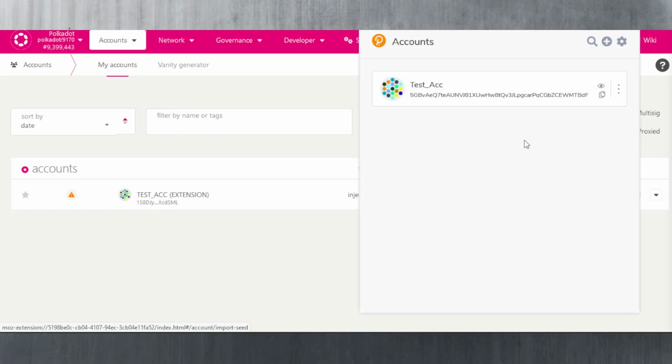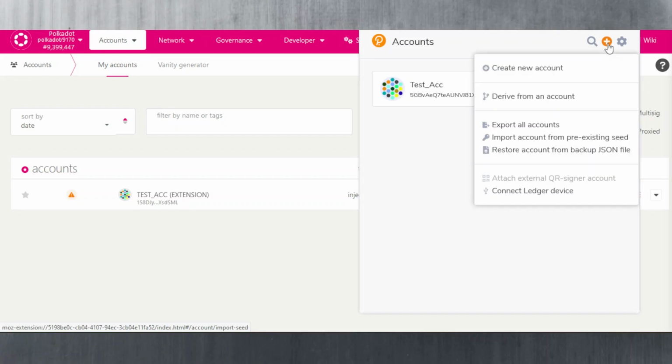Okay, so the first thing you need to do is, by the way, go to the links in the description of this video or in the pinned comment to download the polkadot.js web browser extension, which can be used on both Google Chrome or Mozilla. For example, I'm doing this on Mozilla in this tutorial, but I'm personally using Google Chrome. Okay, and because I don't want to be deleting my accounts, I'm using Mozilla for that, because I'm using this for testing purposes. So the first thing you do here is you click the plus symbol once you download the